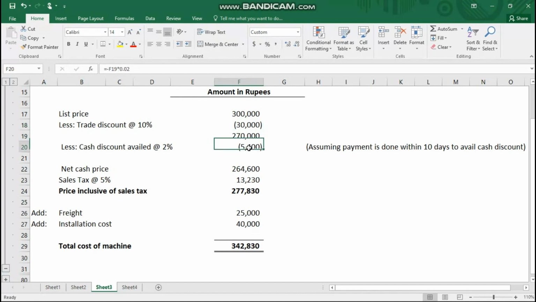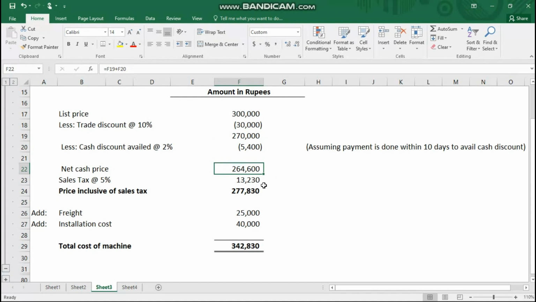उसके बाद मेरी अजम्पशन ये है कि यहाँ पे जो हमें कैश डिस्काउंट ऑफर किया गया है, if we will pay within 10 days, तो हमने कैश डिस्काउंट अवेल करने के लिए ये पेमेंट 10 डेज के अंदर कर दी है, और हमें कैश डिस्काउंट भी मिल गया है। तो कैश डिस्काउंट हमें पता है कि जो परचेज प्राइस होती है उसमें से कैश डिस्काउंट हम डिडक्ट करते हैं एसेट की कॉस्ट कंप्यूट करने के लिए, तो हम ये कैश डिस्काउंट भी डिडक्ट कर देंगे। तो ये मैंने कंप्यूट किया है 270,000 पे 2%, और 2% है 5,400, तो ये कैश डिस्काउंट भी मैंने डिडक्ट कर दिया।